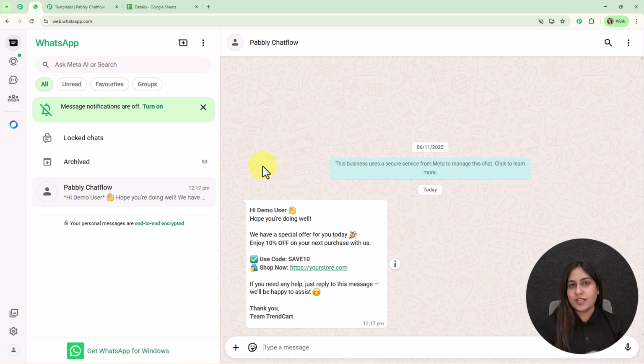Sending WhatsApp broadcast messages to leads and customers is a part of almost every business. But sometimes businesses miss using the correct method of sending broadcast messages to all their customers at once. So now in this video, I'm going to give you an amazing solution using which you can send automated WhatsApp broadcast messages to all your contacts at once using this amazing all-in-one WhatsApp communication platform, that is Pabbly